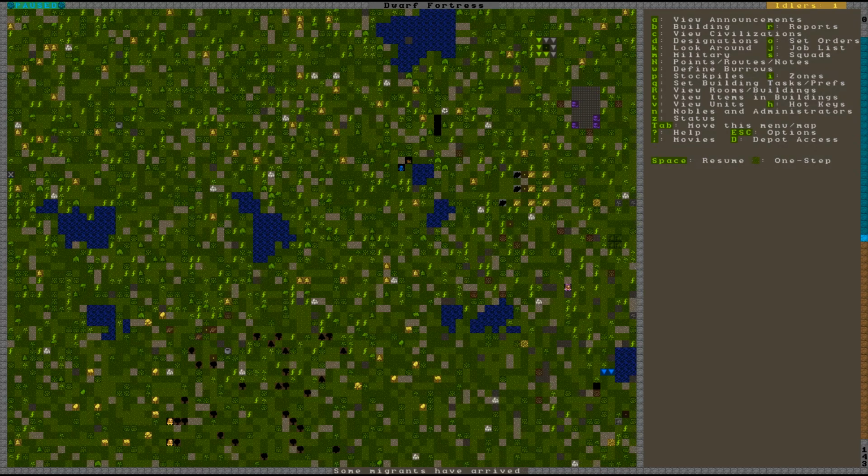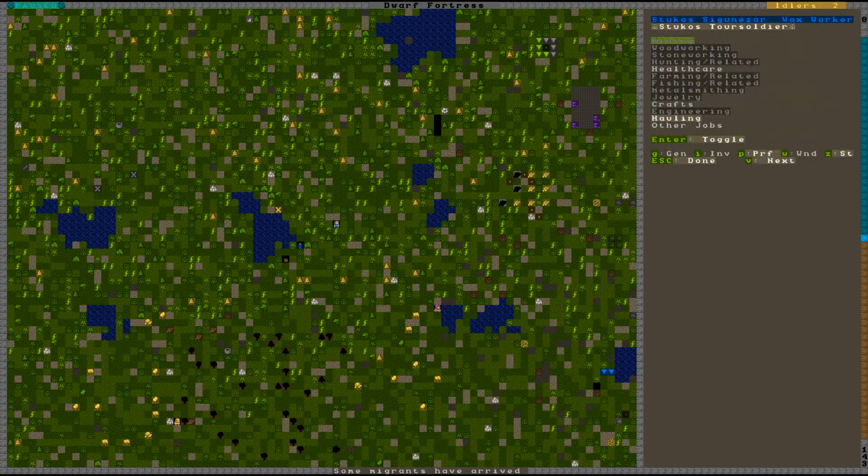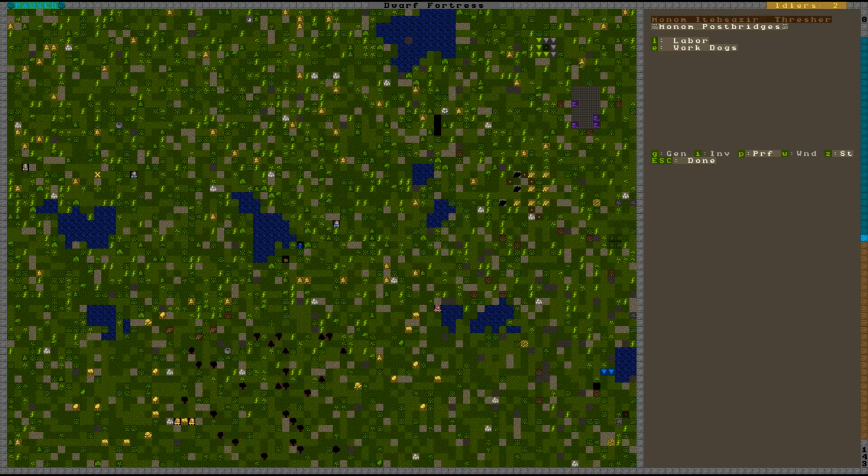Some migrants have arrived. Alright, that's useful. Now, who do we get this time? So we have a tanner. Tanner novice. Nice. Okay, talented teacher. That might be useful. I think you, actually, then. If I just take note of your name here. Toulon is going to be part of our military, which we are now going to build up. We need a squad of 5. We have a spear dwarf from earlier. You're a siege operator fresher. Right, you need additional jobs. So you...